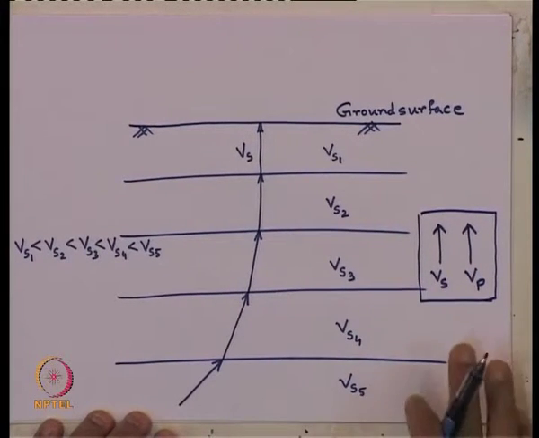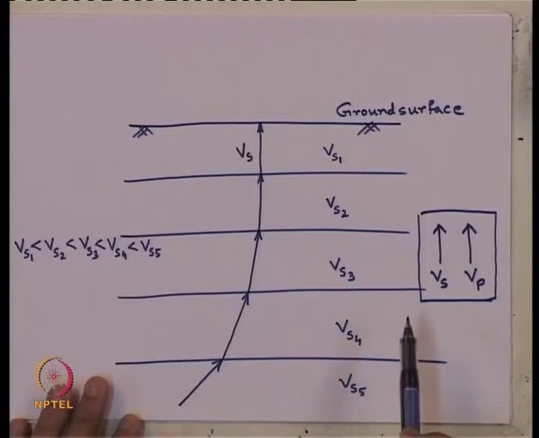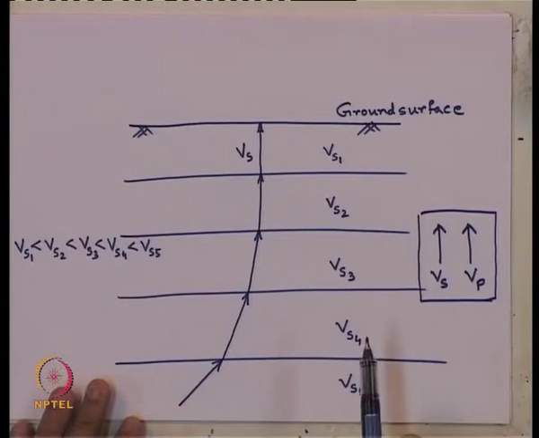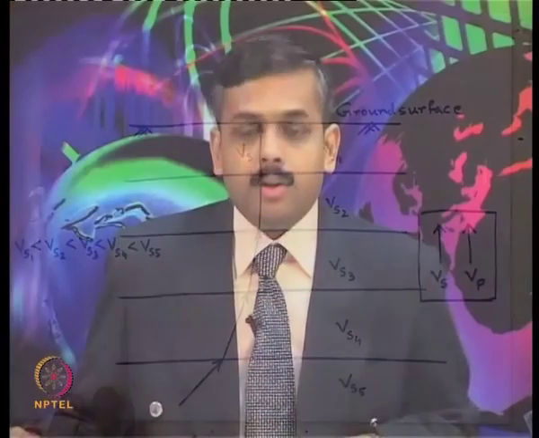Okay. Is this clear why in our design we hardly consider any inclination of the waves? This is the basic reason, because it has to travel through several layers, and typically it has to travel from a harder layer to a softer layer. So, in the previous lecture what else have we seen?